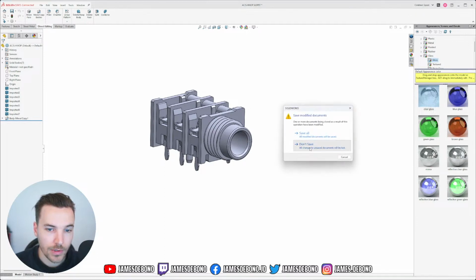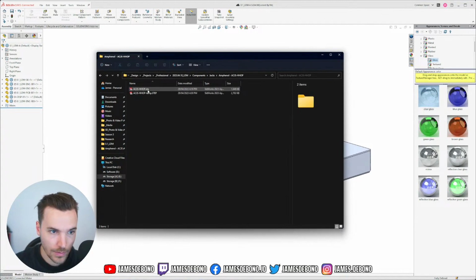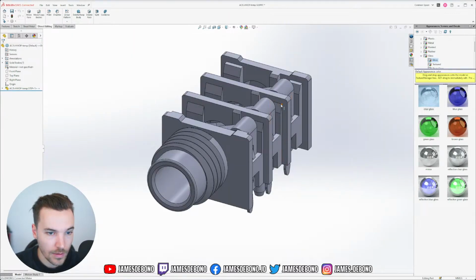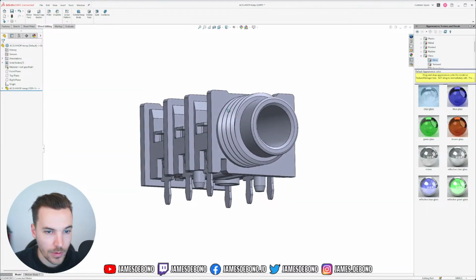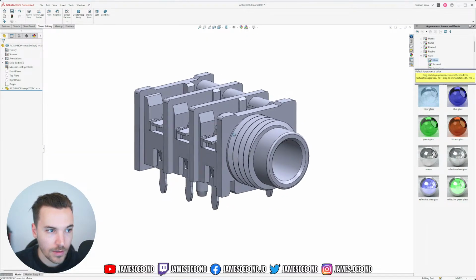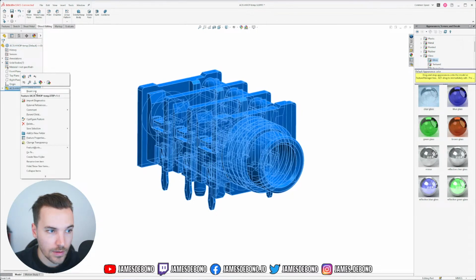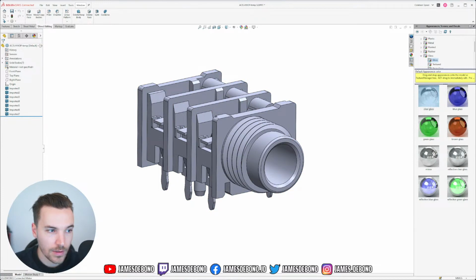So now I'm gonna delete that. Then I'm gonna open this one. Okay. Change it to plain white. Disconnect. Break the link. Yes. And now